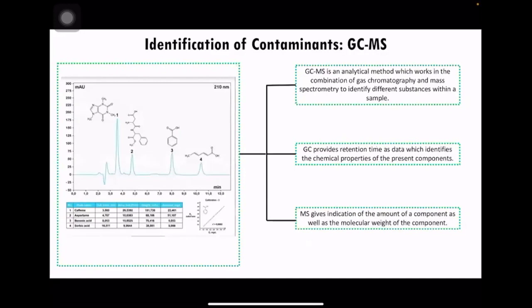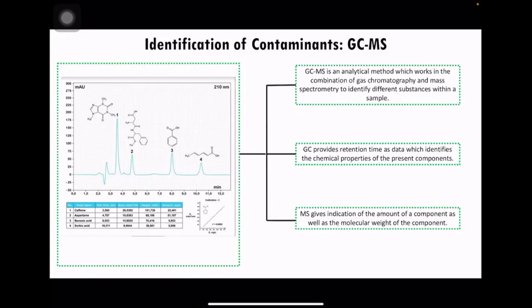Next, GCMS can also be used for this purpose, where GCMS works on the basis of two analytical methods, which are gas chromatography and mass spectroscopy. Gas chromatography is going to give us information on the retention time of the compounds that are present in the sample. That will tell us the chemical properties of the components as well. So this will give us an idea about what type of contaminants is present in the polluted water sample. Then